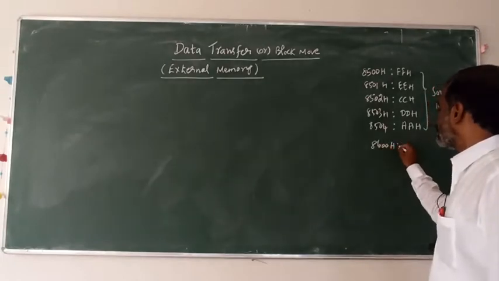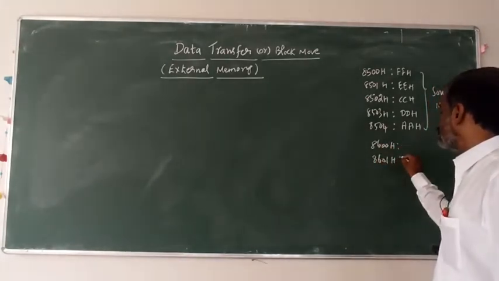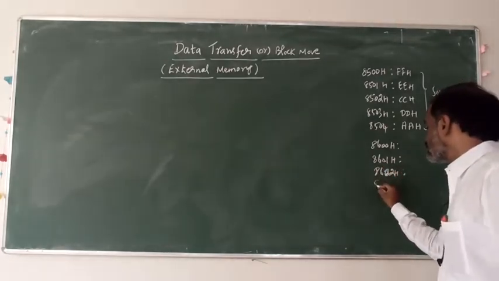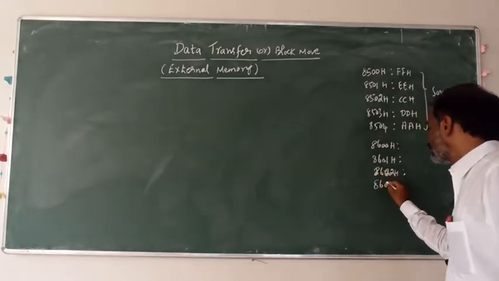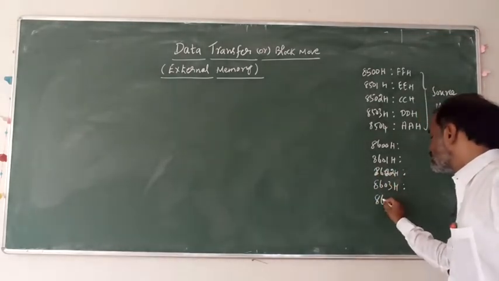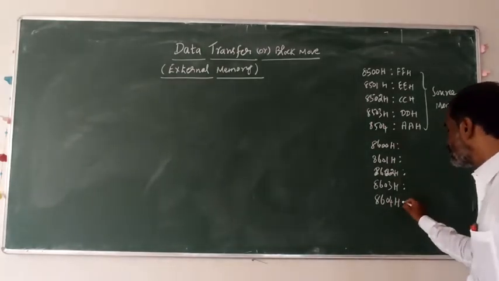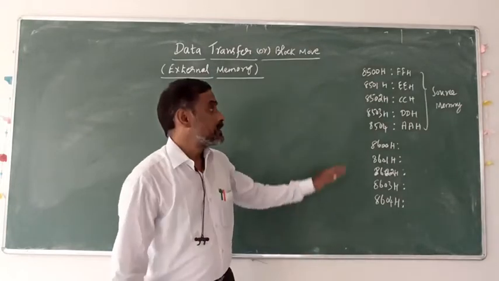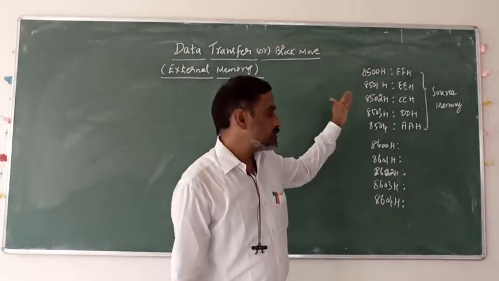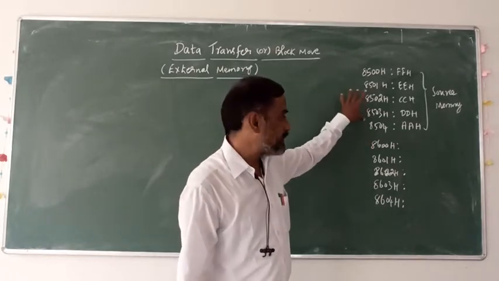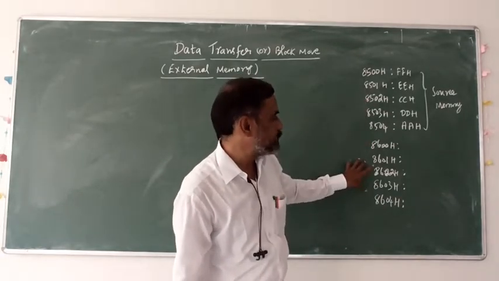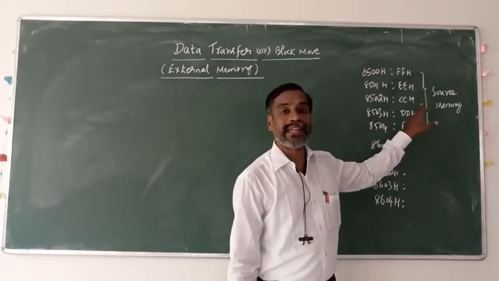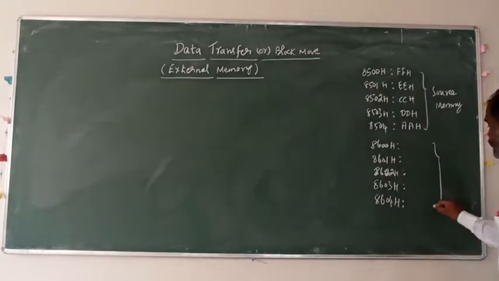8600, 8601, 8602, 8603 and 8604H. Here we transfer 5 data from 8500 to 8504. That memory address location data we can transfer to 8600 to 8604. This is the source memory address location and this is the destination